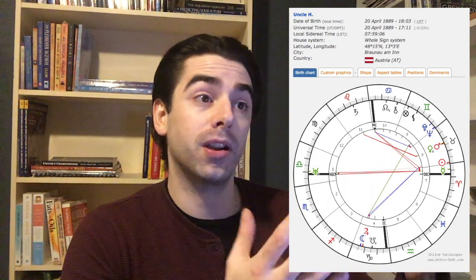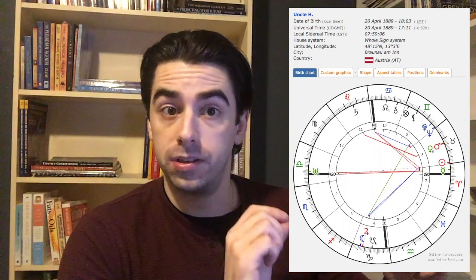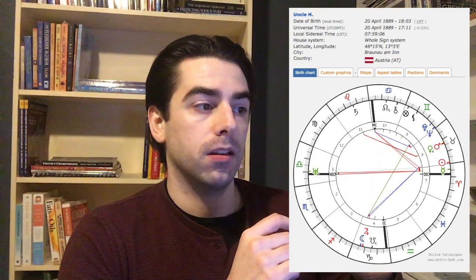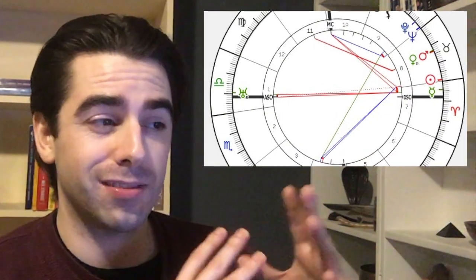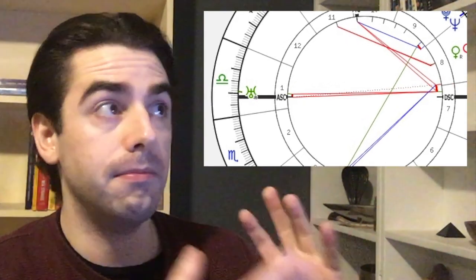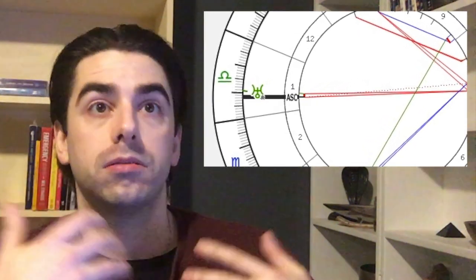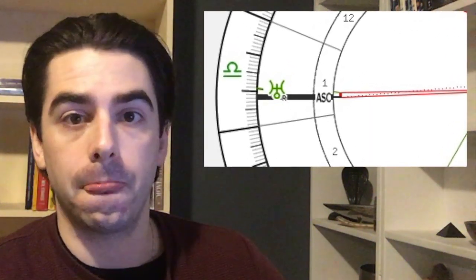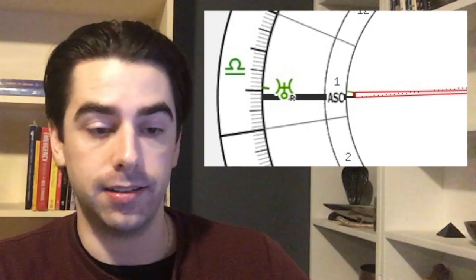It might have been actually put out as a different time to throw off people that were trying to use his chart for a magical attack. It looks like he was probably born at 6:03 p.m. If you do that, you get a much closer conjunct between Uranus and his rising sign. So some people say Uranus was in his 12th house. I would put it as Uranus was in his first house, or pretty much conjunct his rising sign, and that makes it more prominent as to the prominence of the Uranian manifestation that we saw in the NSDAP.